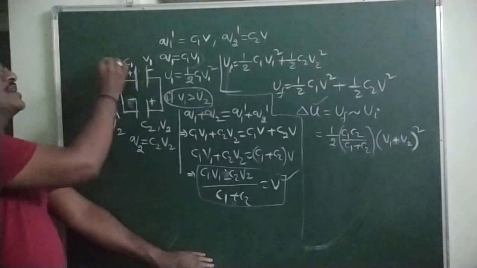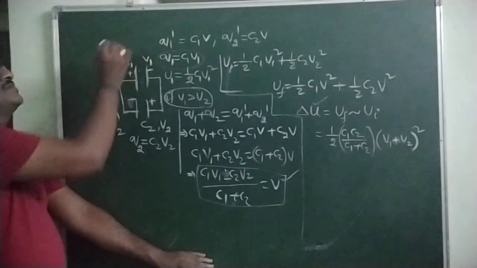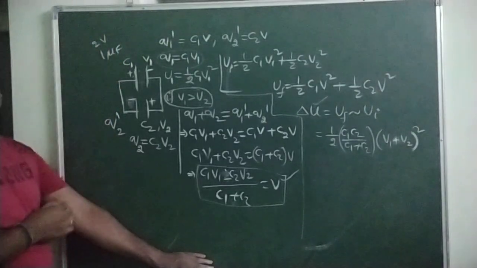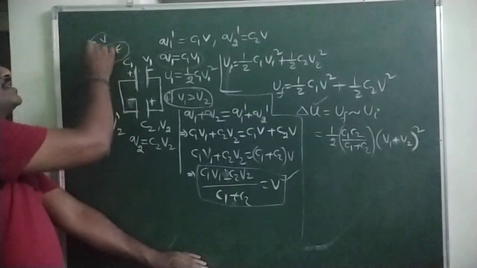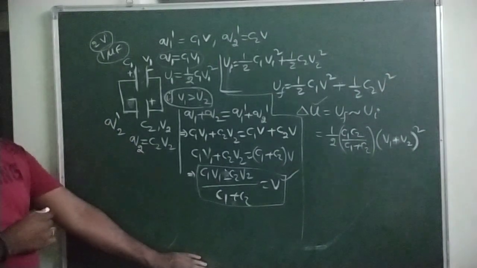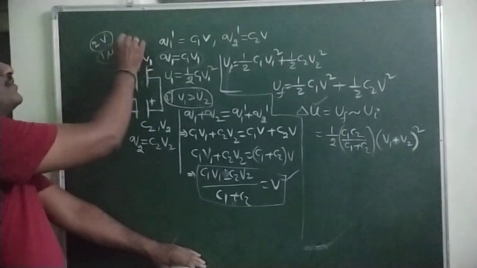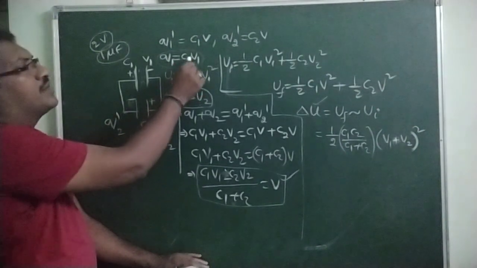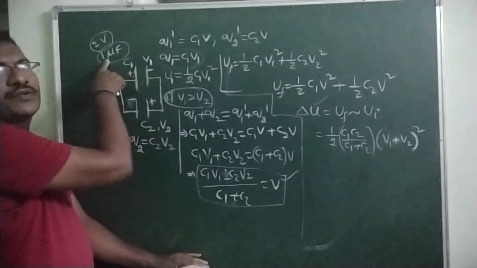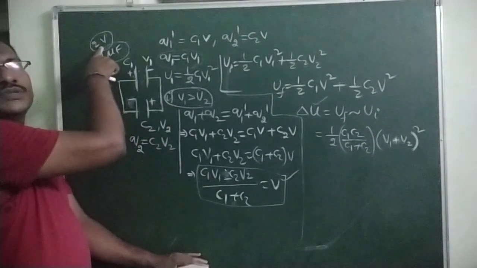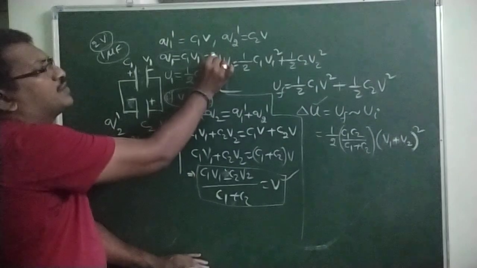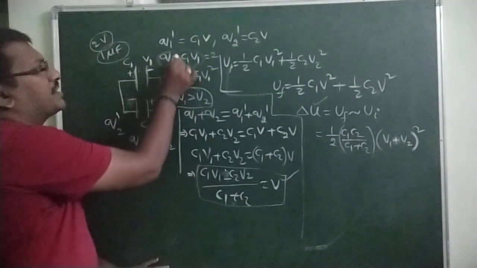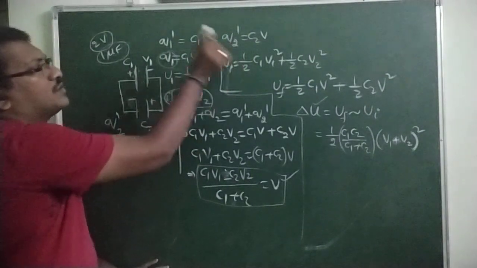The capacitance of the first capacitor I am taking as 1 microfarad, and the potential of this capacitor I am taking as 2 volts. That is the first capacitor's capacitance and voltage. Now what is the charge of the capacitor? By using the formula Q1 is equal to C1 V1, with C1 as 1 microfarad and potential 2 volts, you get the value 2 microcoulomb. The charge on the first capacitor, we know clearly, is 2 microcoulomb.